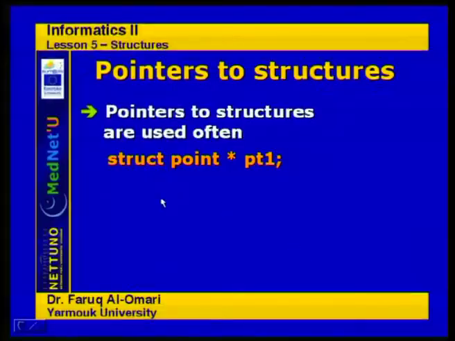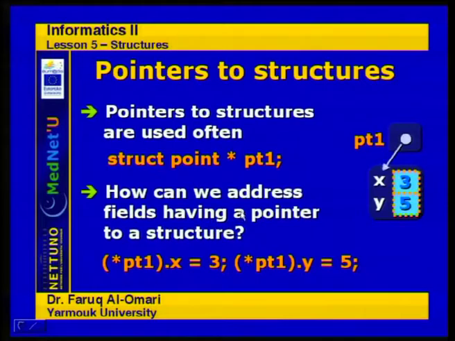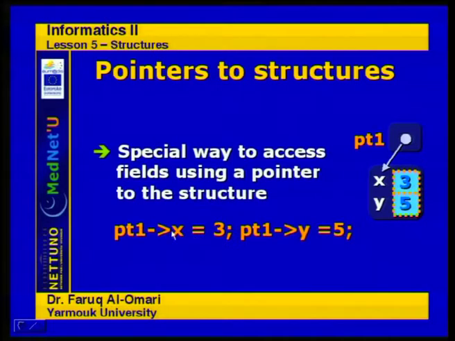So, okay, in that case, I can define my variable pt1 to be of type pointer, and we have seen this a little bit earlier. Okay, and now to access any element within this structure, I can say something like the value of pt1.x is 3, or the value of pt1.y equals 5. Well, there is a better way of doing this. This is definitely correct, no question about it. But usually, instead of doing this, we use a special operator,